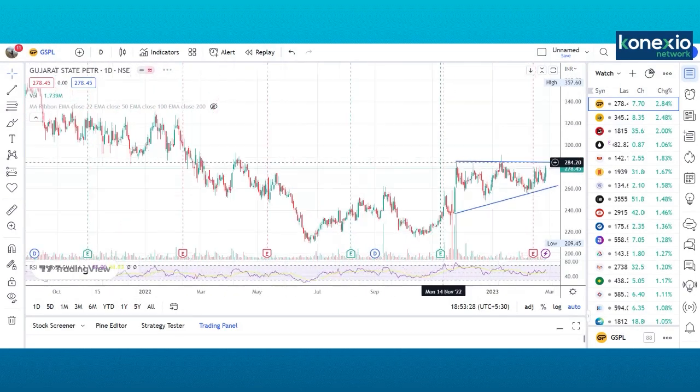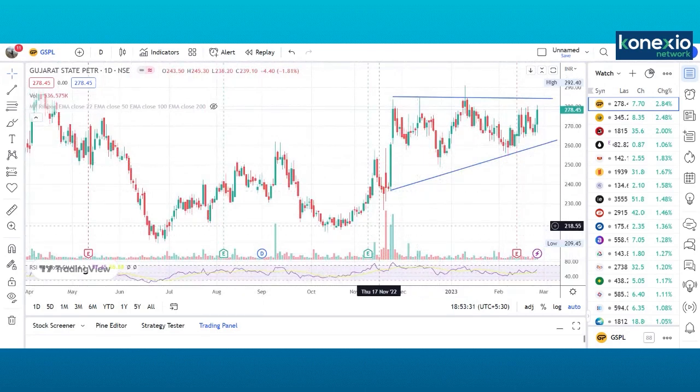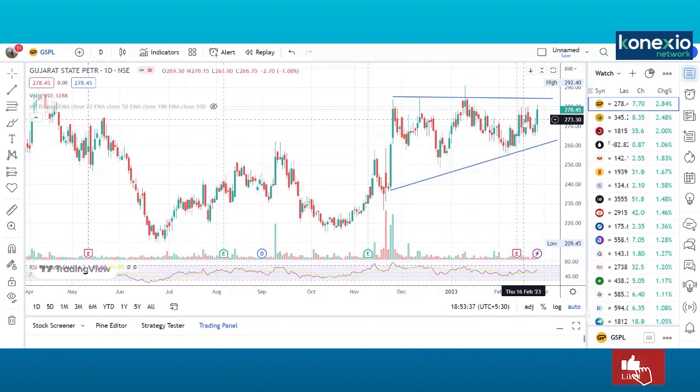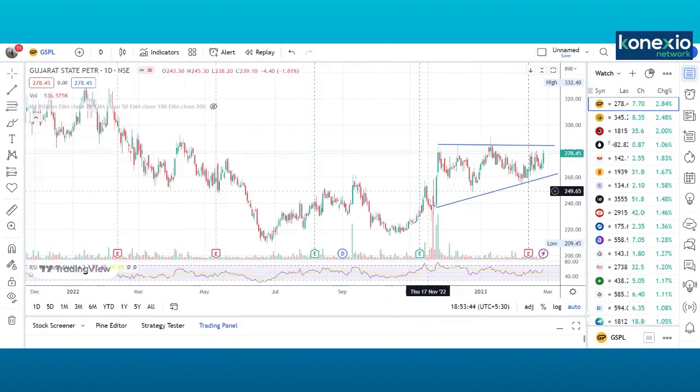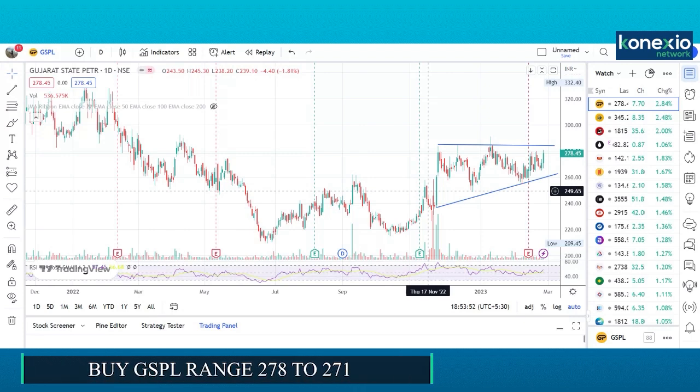The stock has potential, you can see here the price and volume action. Smart money has already bought, and the stock has never seen a sharp correction. It has been consolidating. RSI is also positive. So as I said, the stock can give decent returns from these levels. Positional traders or investors can buy in the range of 271 to 278 for an upside target of 310 in